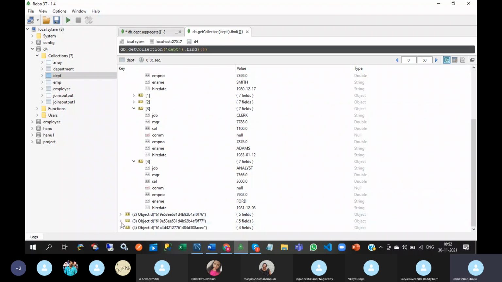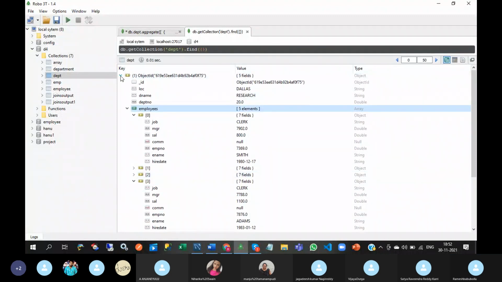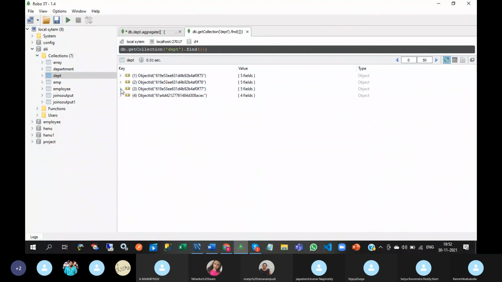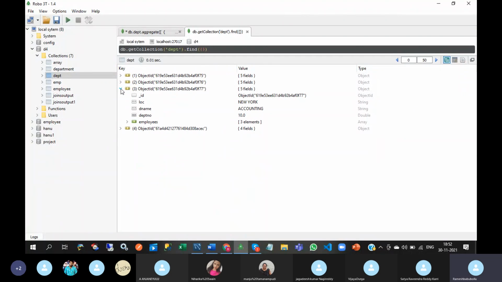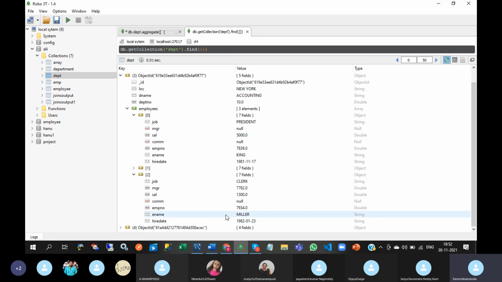You can also refer here. Third document, here 3 elements are there. First element is King, last element is Miller.